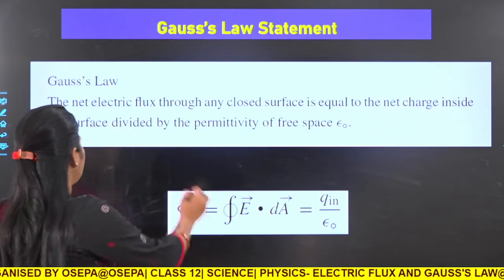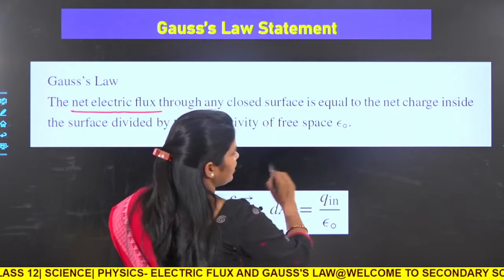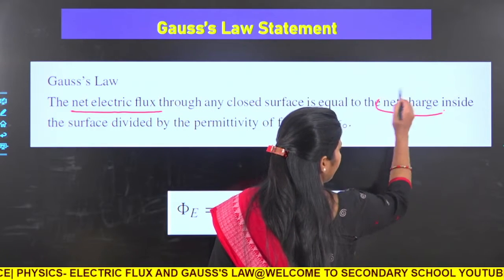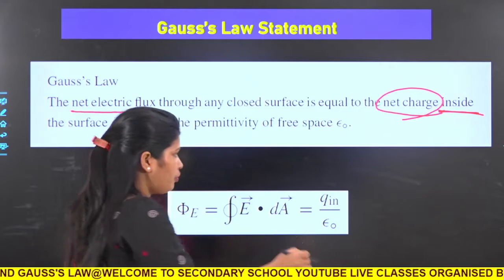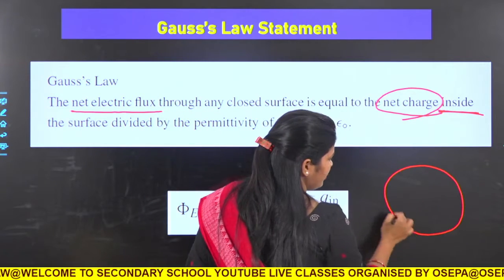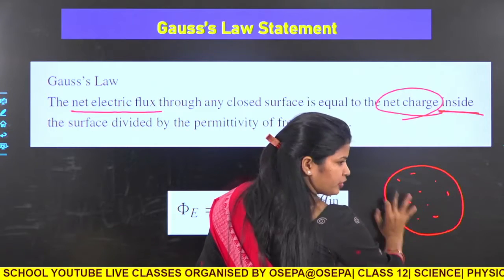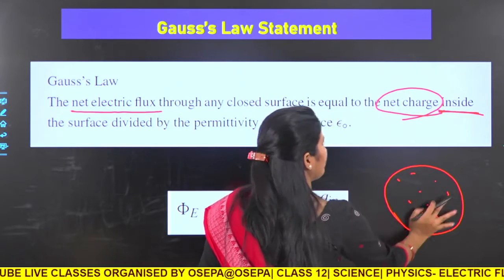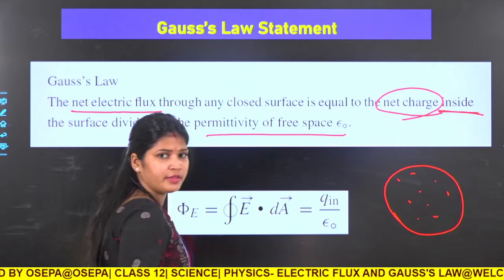What is the meaning? Electric flux through any closed surface is equal to the net charge inside, which is very important. Suppose this is a closed surface, and the charges inside, their summation, that is the total net charge inside the closed surface, divided by the permittivity of free space, epsilon naught,